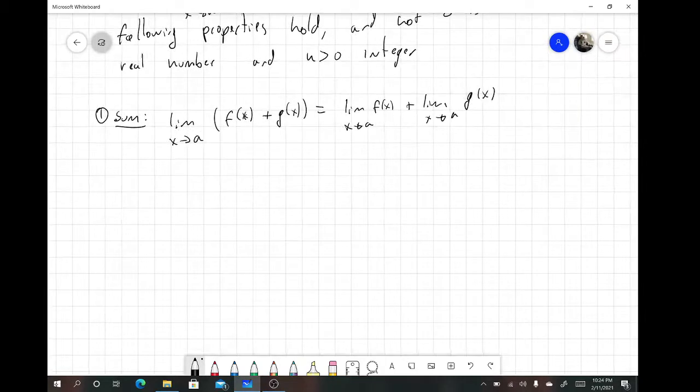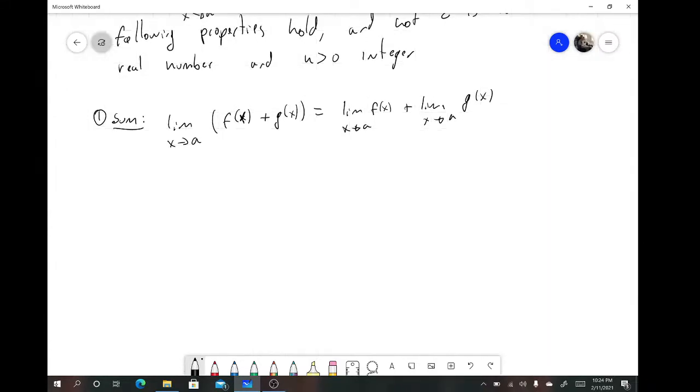So we can break up this operation and take the limit independently. We could take it first with f and then with g and then add it together, or we could do it all at the same time. So if you're given two limits as a sum, like the limit of f of x plus the limit of g of x, then you could combine it, so long as they're approaching the same value a. You can always do this. Number 2,